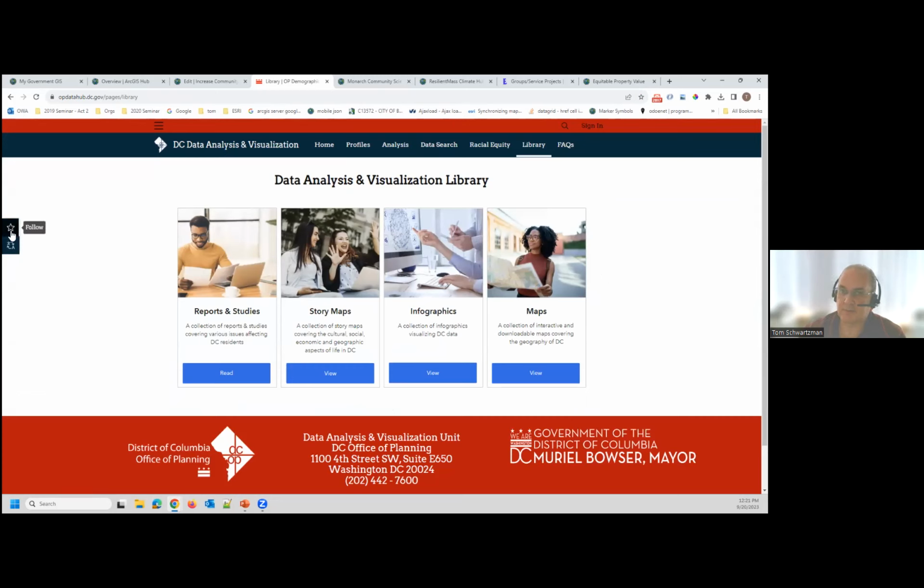You can notice over here there's a button to follow. If I were to choose this, I would be asked to log in, if I haven't already. If I don't have a login, I can create one in the community org if I'm allowed to do that, and that will attach me to this initiative and let me get information sent to me, etc. So that's one example, an open data example.